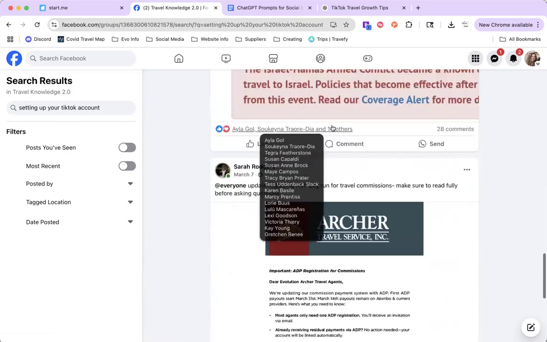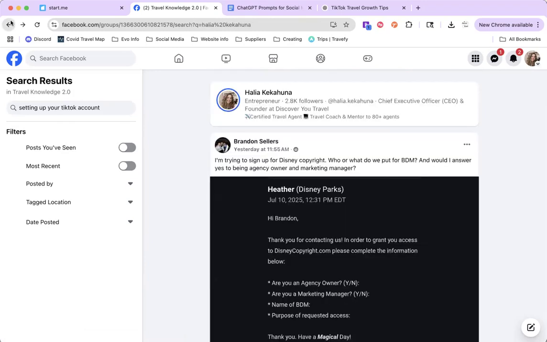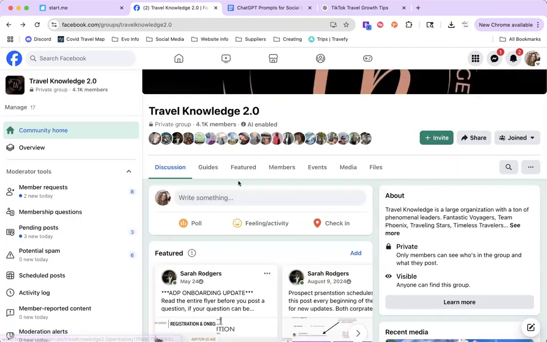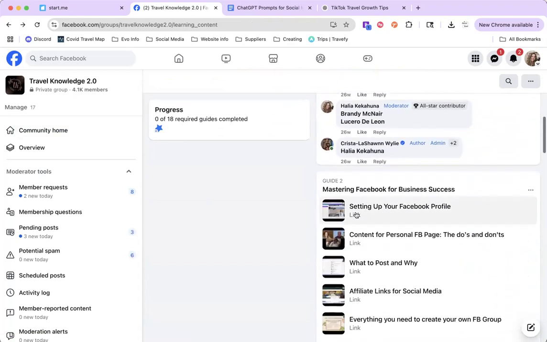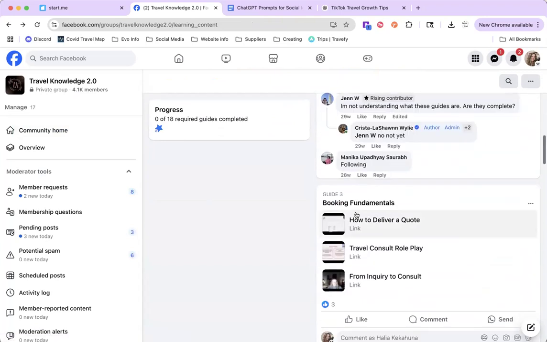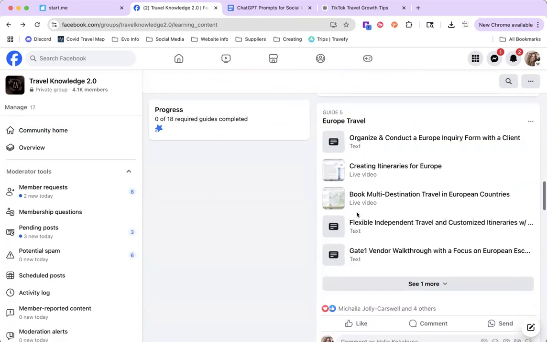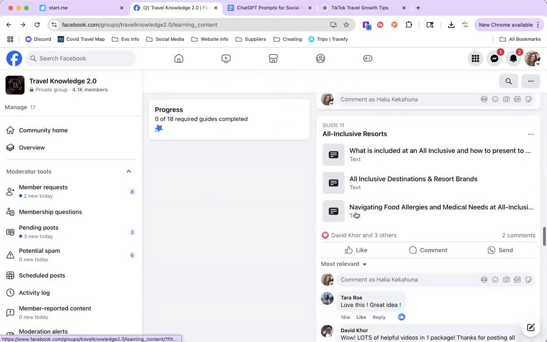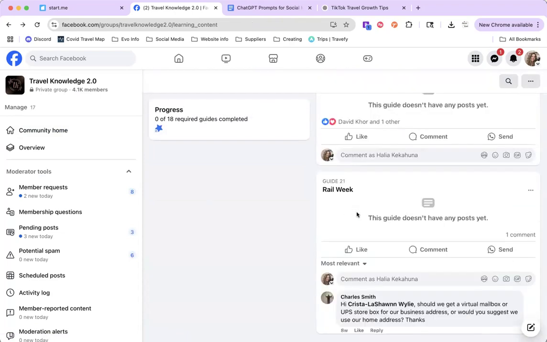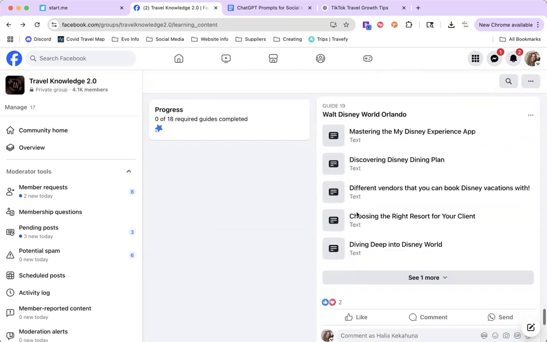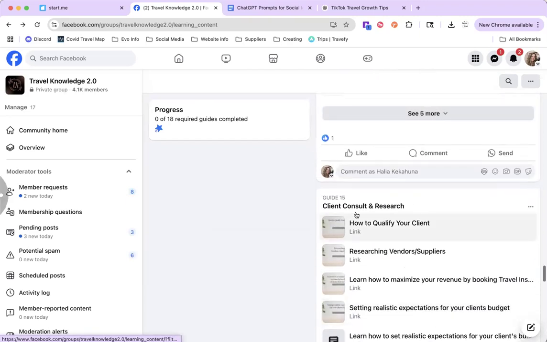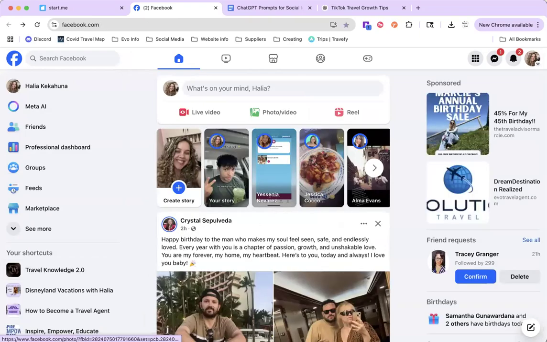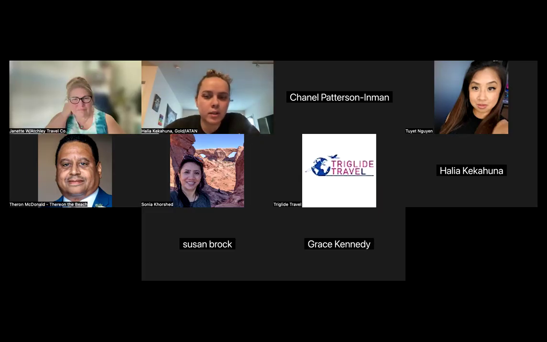Okay, now I can see why you guys can't find it. Let's go back and let's go to the guides. I don't know if Krista's been able to get this week's trainings into the guides yet, but they would be in here, guides, and then they'll probably be down all the way for TikTok. Yeah, it doesn't look like she's been able to get those guides in just yet for this week, but they should be in there. Let me stop sharing for a second.